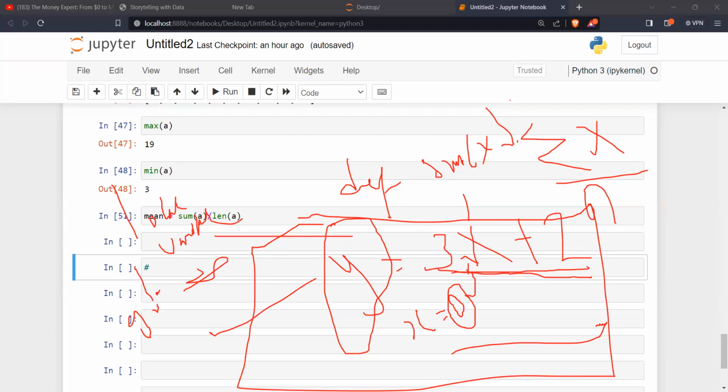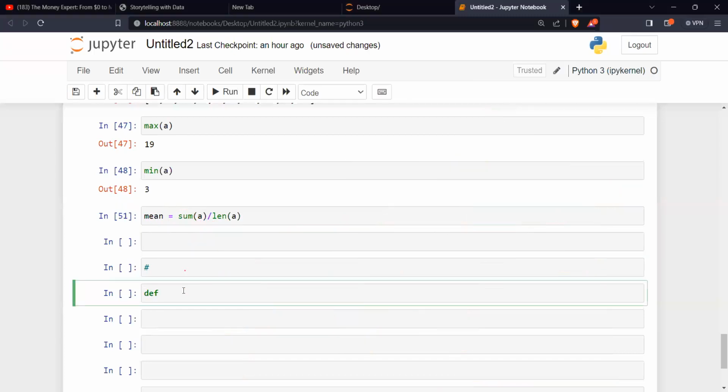So you must always ask yourself, how many parameters do I have here? Because when we're writing a function, we'll first of all start by defining the function. We'll now put the function name, let's say sum x.